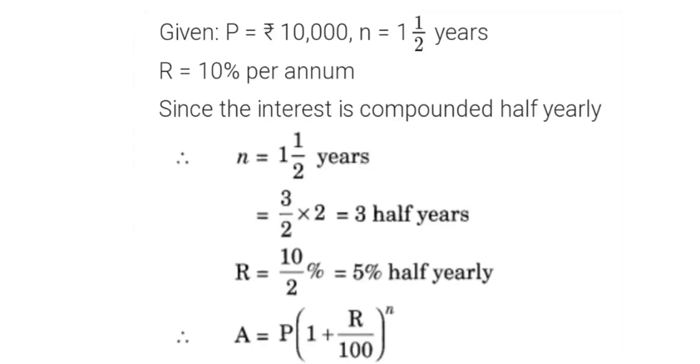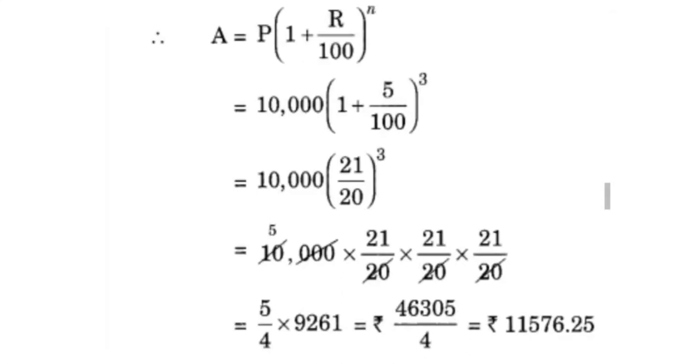1.5 years, means total 3 half years. Okay, and rate of interest is what? 10/2 means 5% half yearly. Now use amount formula. P in bracket 1 plus R upon 100, power is n. Now put the values. So 10,000 in bracket 1 plus 5 upon 100, and the power is 3. Means 10,000 in bracket 21 upon 20 cube. Let's simplify. So answer will come